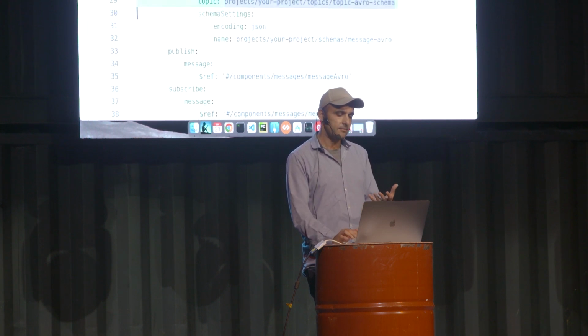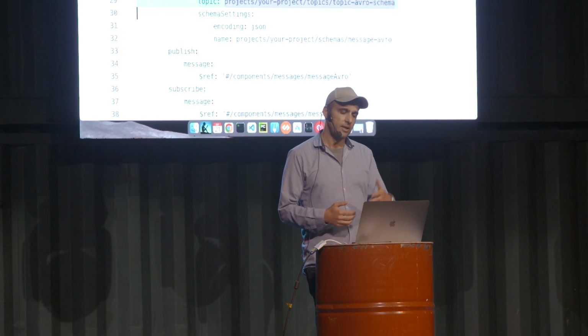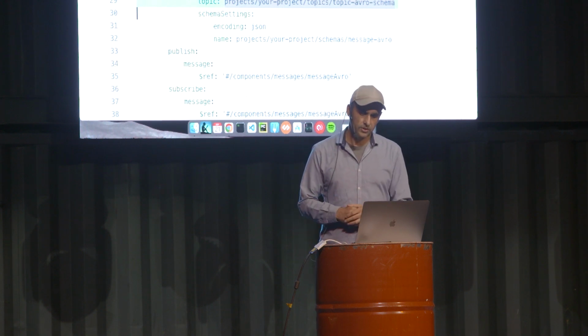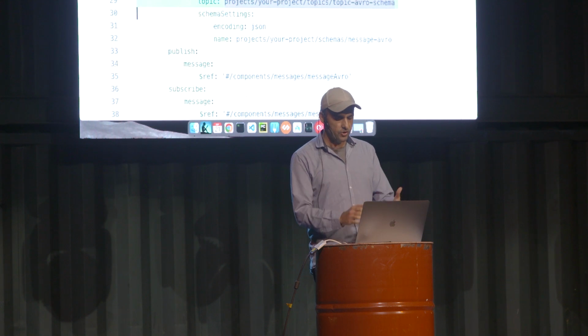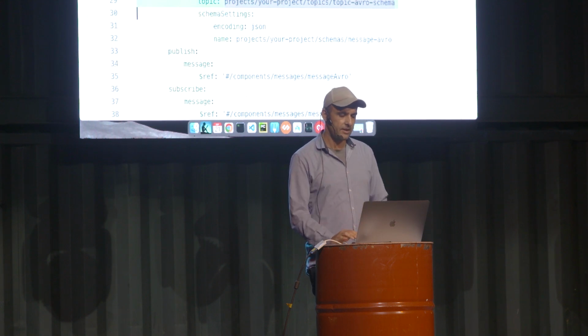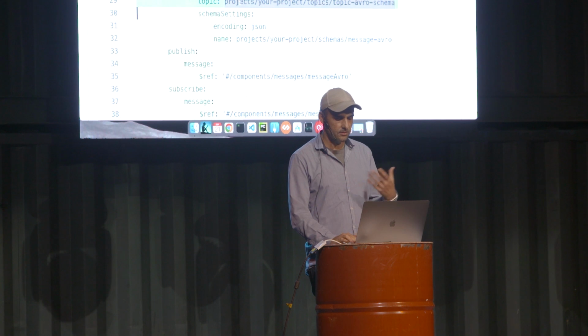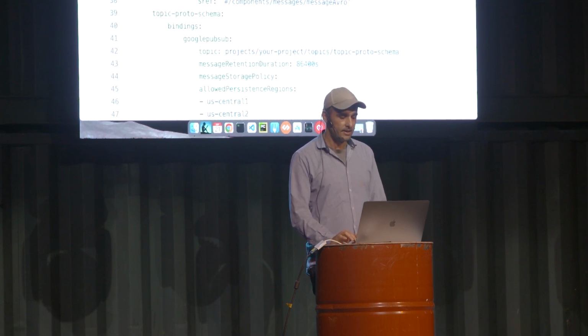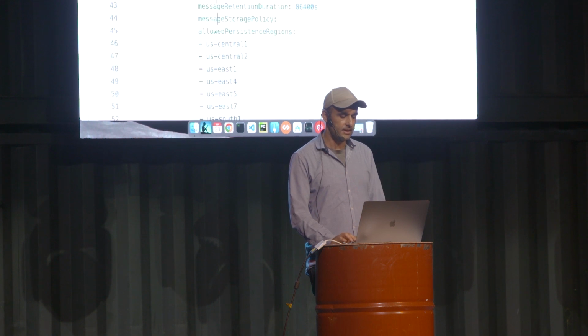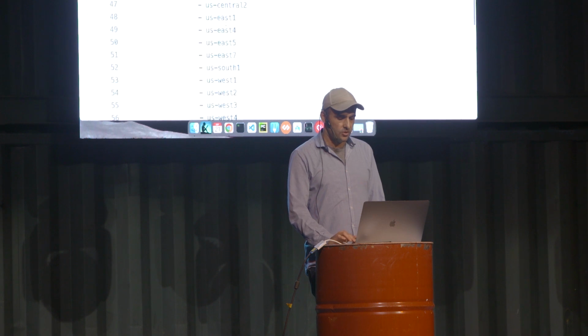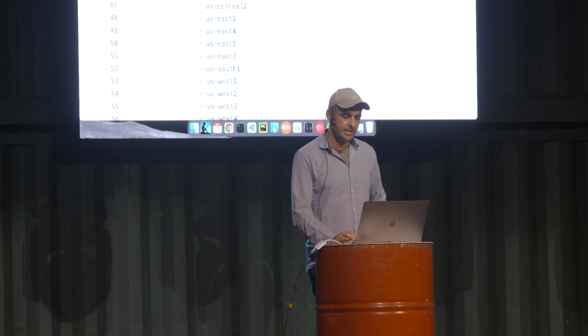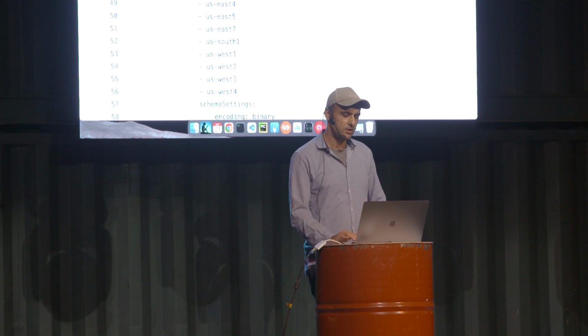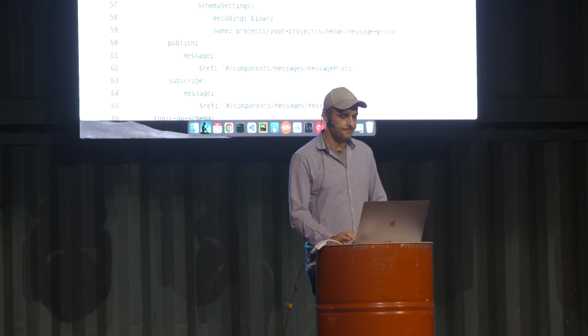So these bindings, anyone can add them. An engineer at Google worked on these Google Cloud PubSub bindings. And because of this, now you can specify your PubSub topics and tell people how to call them, what the schema looks like. And you specify the settings for the message as well. You see the persistent regions and stuff like this is specific to Google Cloud, but you can specify them in AsyncAPI, and people can use that information when they're calling your service.